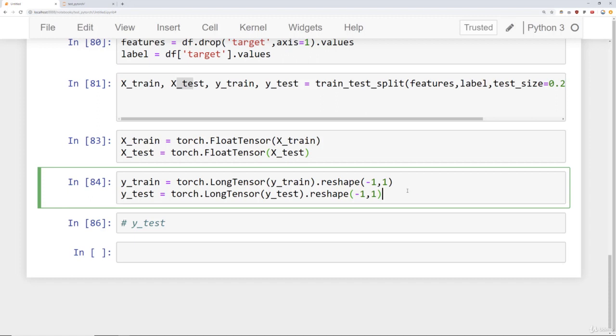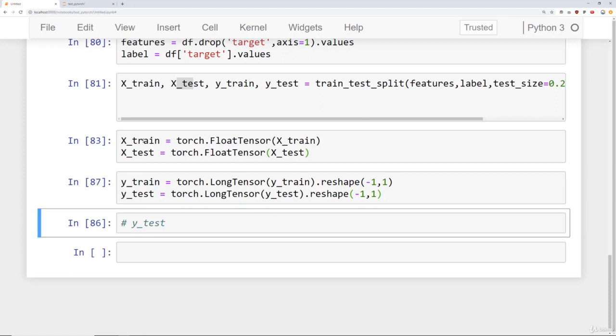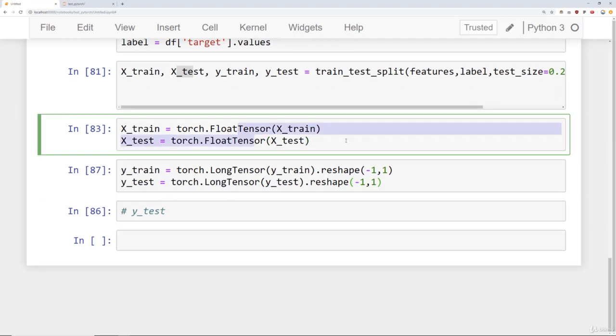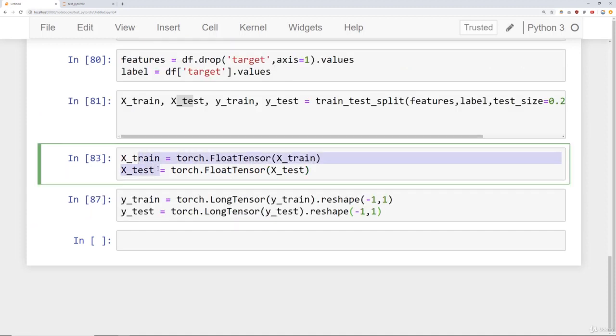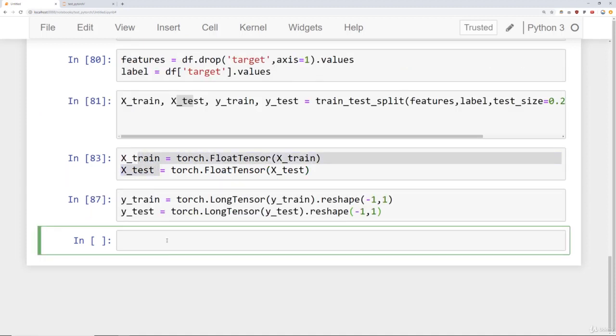There's my test set as well. We'll go ahead and run that, and now we have xtrain, xtest, ytrain, and ytest. Be careful not to run these multiple times, otherwise you're casting a tensor back into a tensor, which doesn't really make sense. Okay, so I have my xtrain, xtest, and let's just take a quick look at one of them